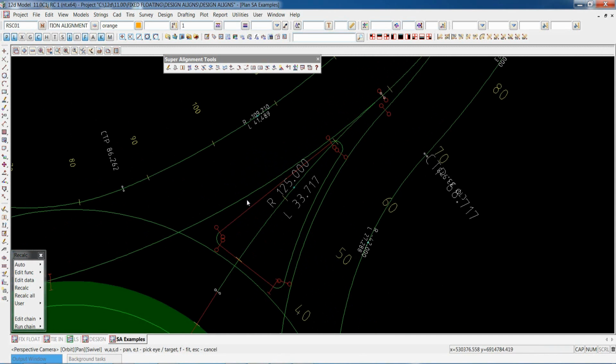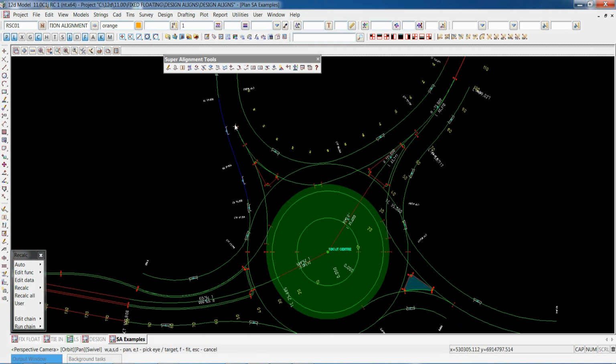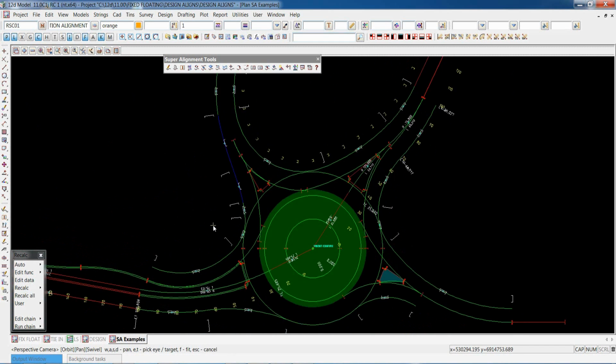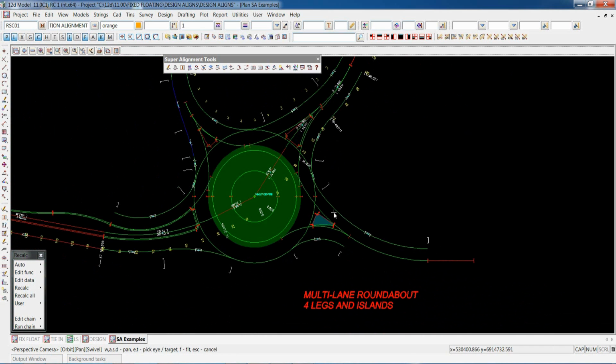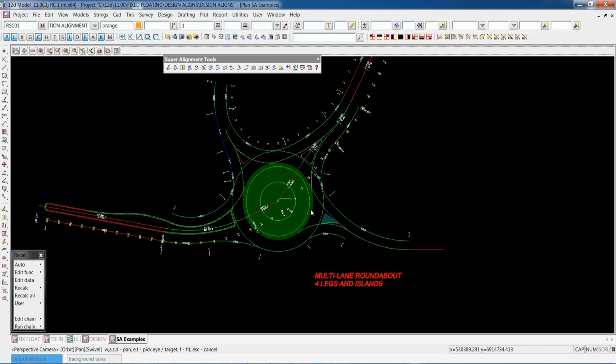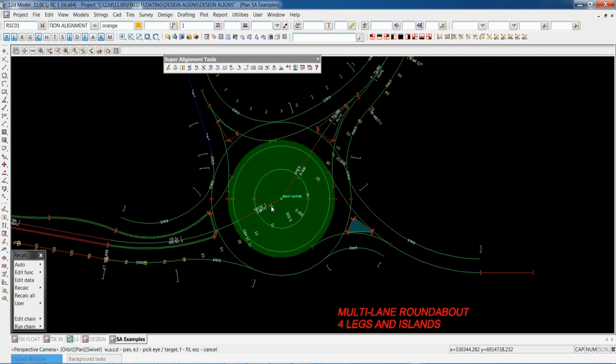So okay, here we have the same sort of things we showed before, the island referencing alignment strings. Again, we've got curb returns here, so you can actually edit these alignments and have a bit of a look and see what they actually comprise. Most of them you'll see will just be either referencing a segment or a straight, and then possibly putting in just a free arc, or possibly a combination of a couple of floating with a free arc at the end, linking back to the fixed road. So there's quite a lot of options there for you, but at least you have that inbuilt help to get you more familiar with fixed and floating.